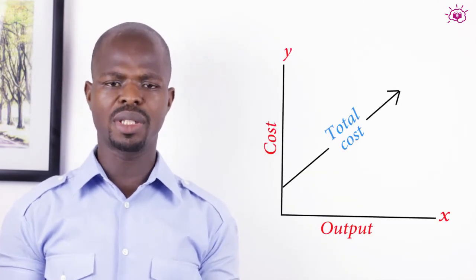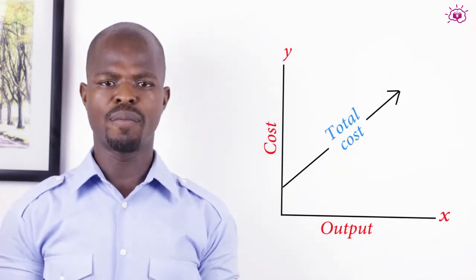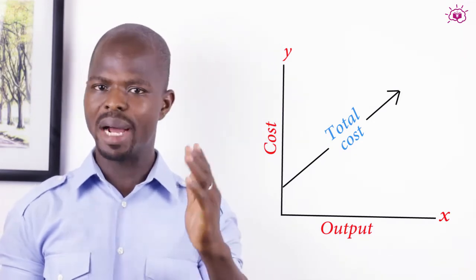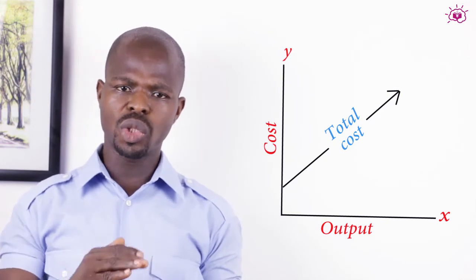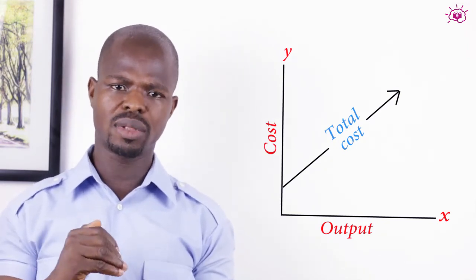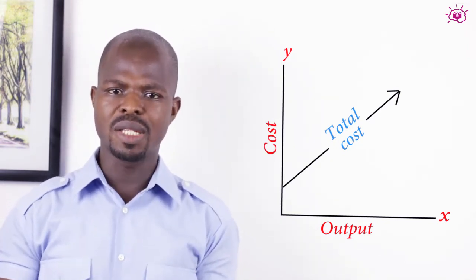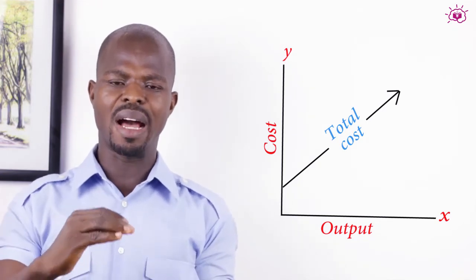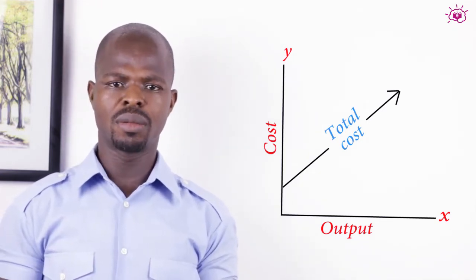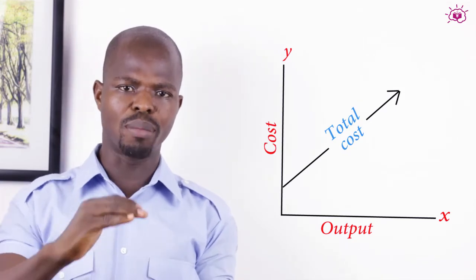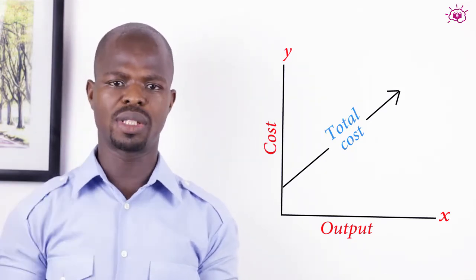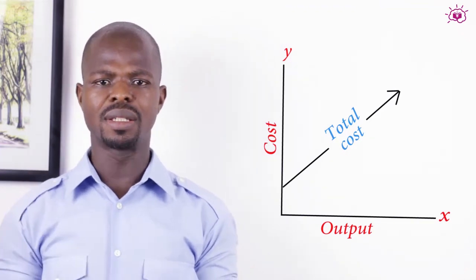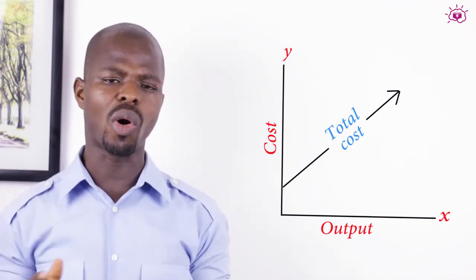Now, it is illustrated in the graph below. Check the graph. We have the y-axis as usual, and the x-axis. Your total cost curve does not start from the origin. It has its base some space above the origin, meaning it moves just a little above the origin from the y-axis upwards. Tag this TC, the total cost curve.